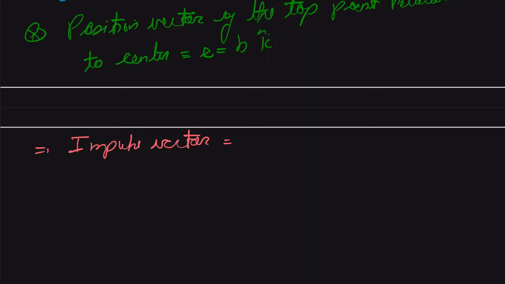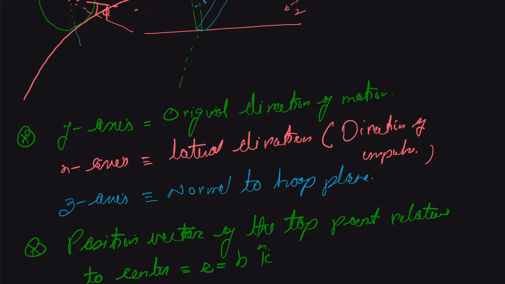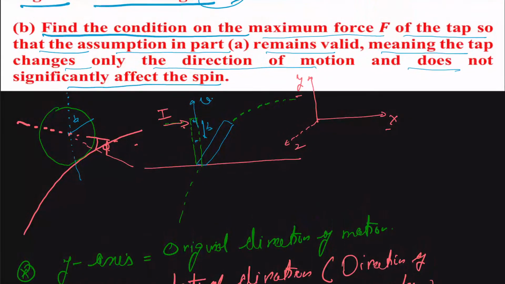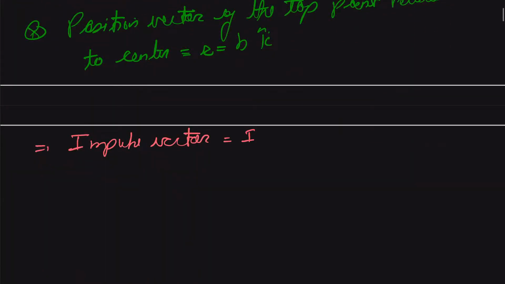So this impulse vector is our I unit vector. Therefore we can say that